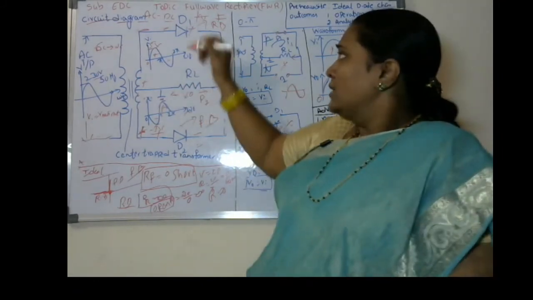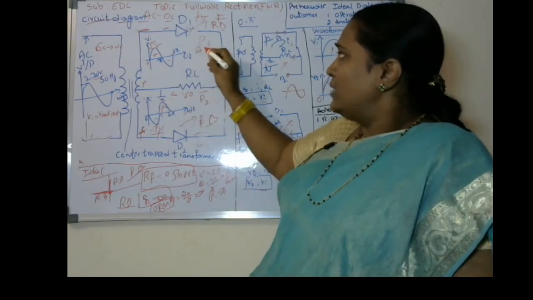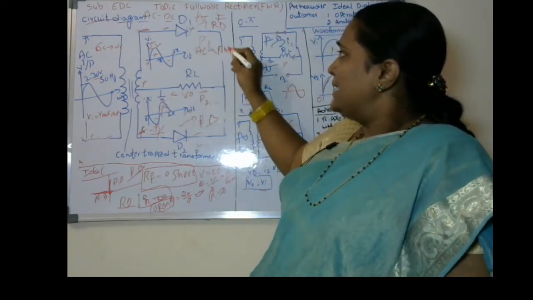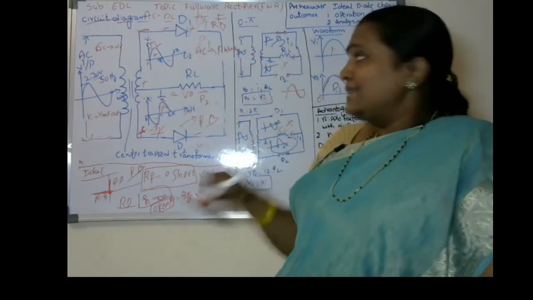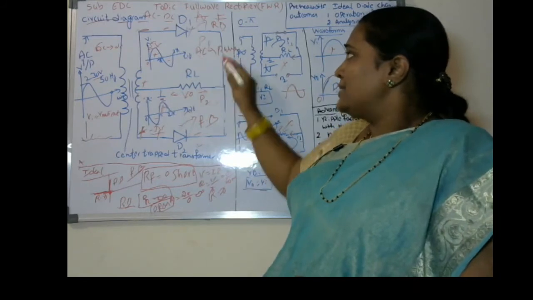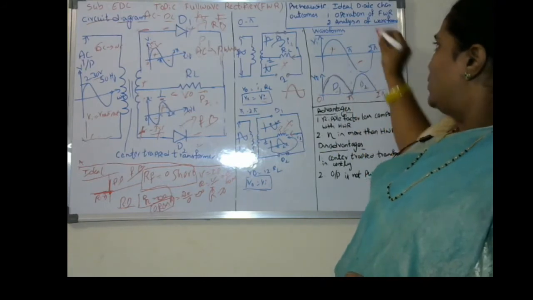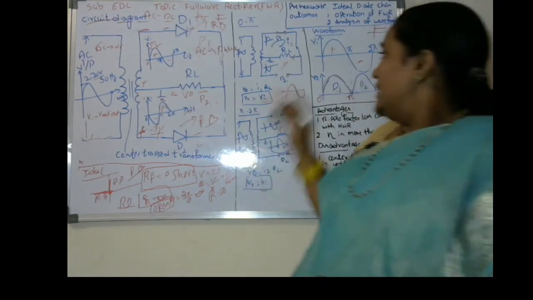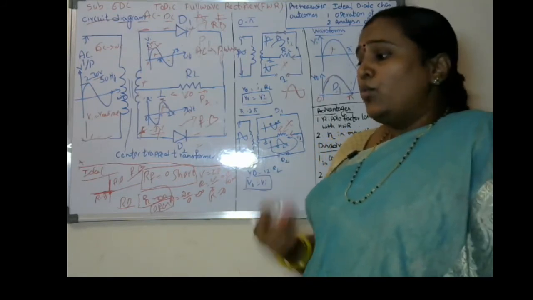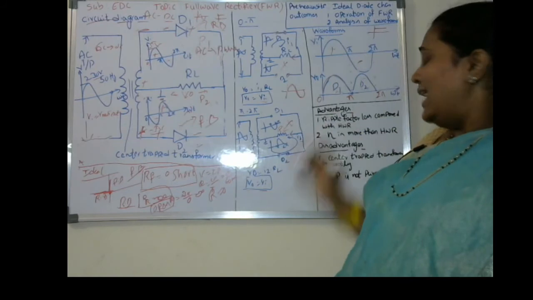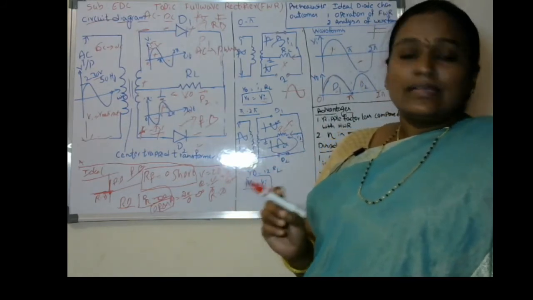Here also, the disadvantage is that it converts AC signals only to a pulsating DC signal, not a pure DC signal. Some ripples are going to be present in the output waveforms. These are not pure DC. Pure DC signals should be like this. So these are only pulsating DC signals, so they will have ripple factors. But we say it has an advantage because, compared with the half wave rectifier circuit, it has a lower ripple factor.